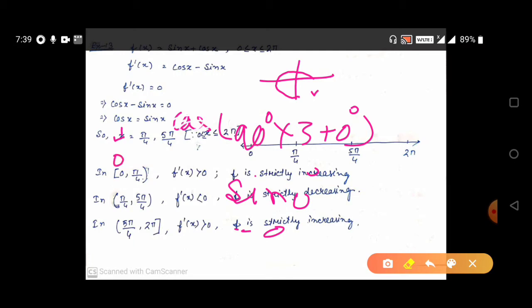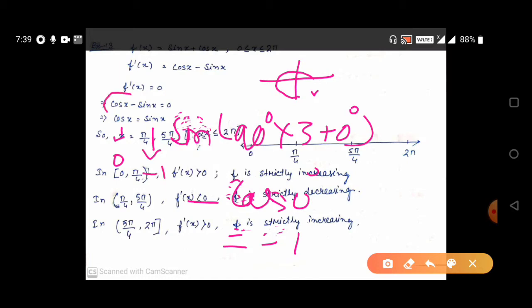then we will write sine of 90 degrees into 3 plus 0 degrees, then again it is in the fourth quadrant, and in the fourth quadrant sine is negative, so minus sine will be changed to cos, minus cos 0 degrees, minus cos 0 degrees means minus 1. So the value of sin x will be minus 1.